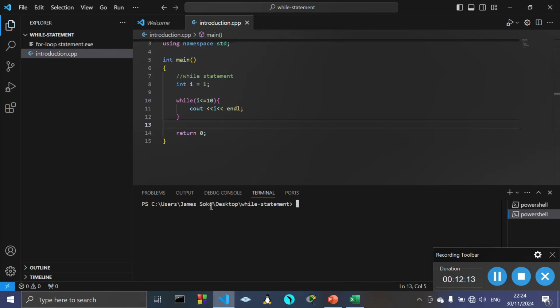So this time around I'll say g++, then the name of our program, then the output file will be while statement. Okay, while statement, just like that. So if I run this while statement, in just a minute,